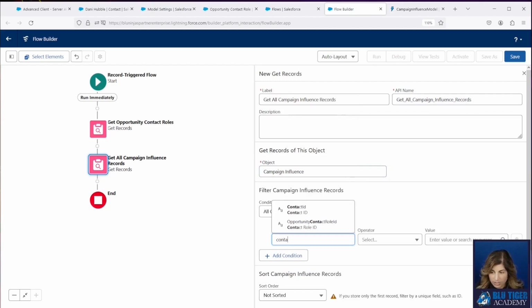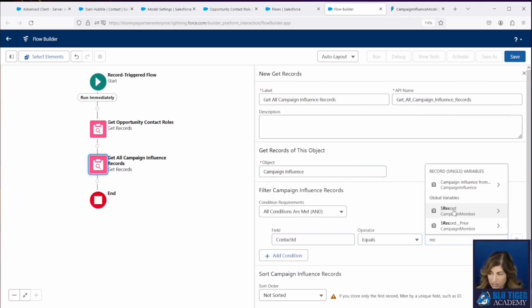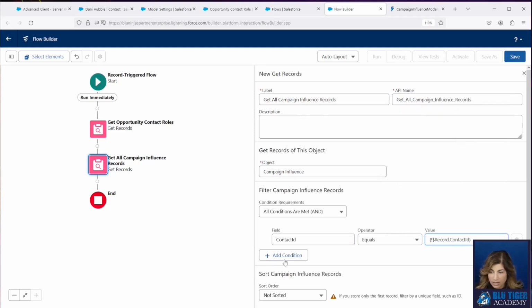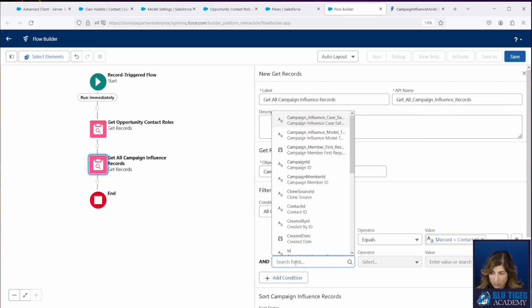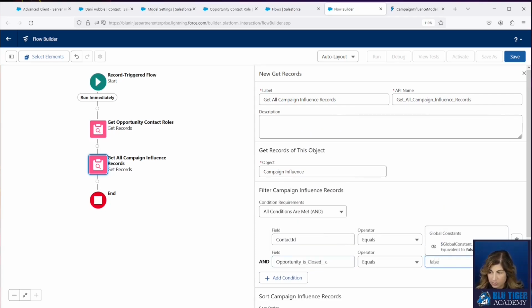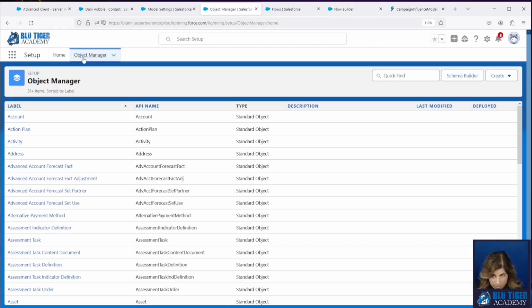We're going to look for the contact ID of the campaign influence record to match the contact ID of our campaign member. And then we also want to look for the campaign influence records where the opportunity is not closed. If you do not have this field either, this is a formula field on the campaign influence object.